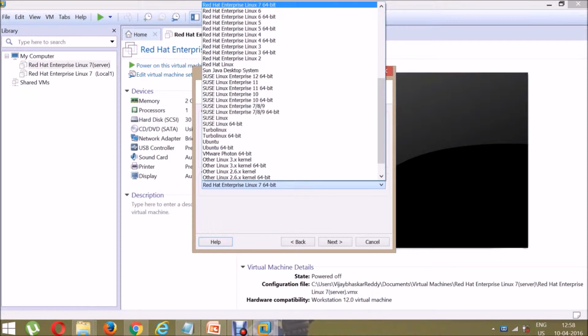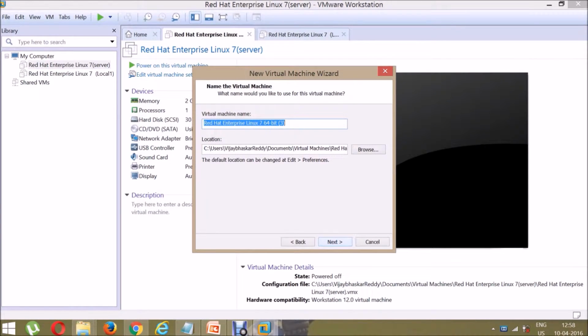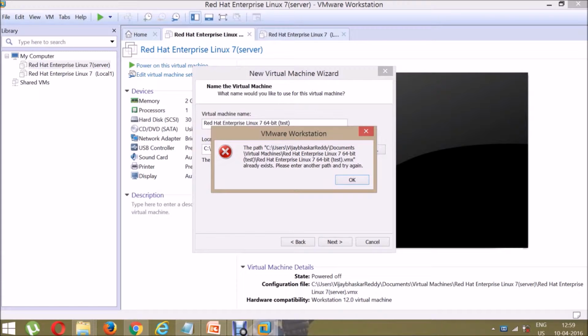I am installing the RHEL 7 version, so I am selecting this one. Click on Next, and then you can put a name for your operating system. I am putting the name Test Operating System of Linux RHEL 7, and then click on the Next button.